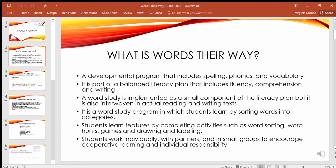What is Words Their Way? A developmental program that includes spelling, phonics, and vocabulary. It is part of a balanced literacy plan that includes fluency, comprehension, and writing. Word study is implemented as a small component of the literacy plan, but it is also interwoven in actual